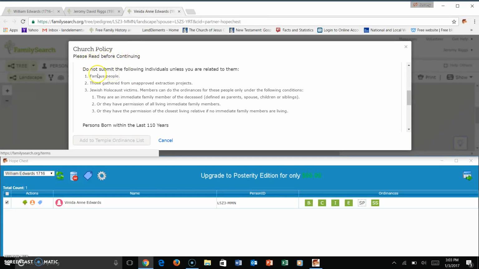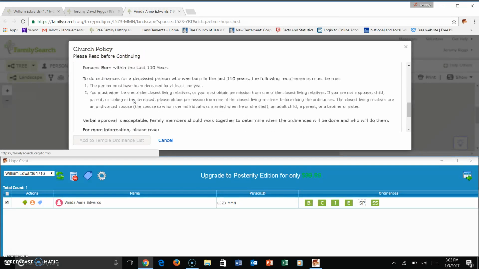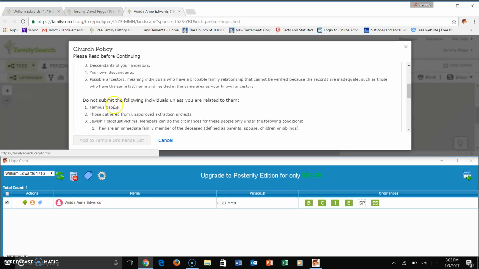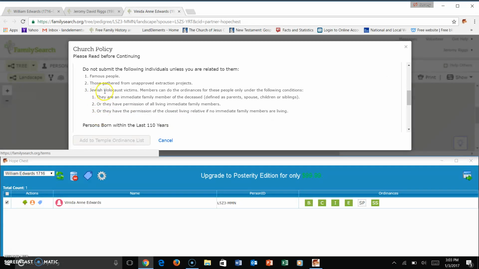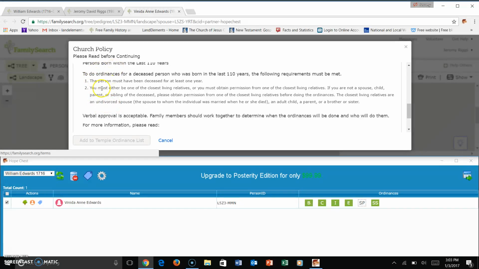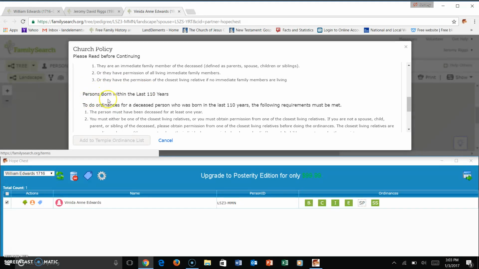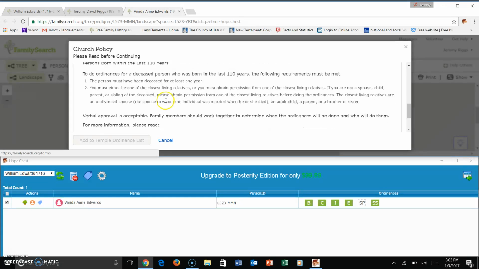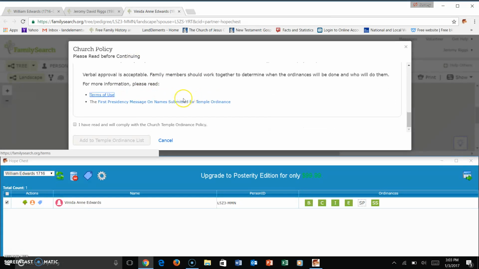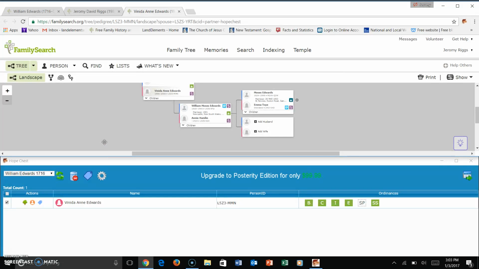And here are the church policies, the terms and conditions of doing temple history work. It's always the same. Here's some of the things you can't do: work for famous people, those gathered from unapproved extraction projects, or the Jewish Holocaust victims. Again, like the one we read before, if the person was born within the last 110 years, it requires permission, and you're saying that this is one of your ancestors. You just click here and put add to temple ordinance list,